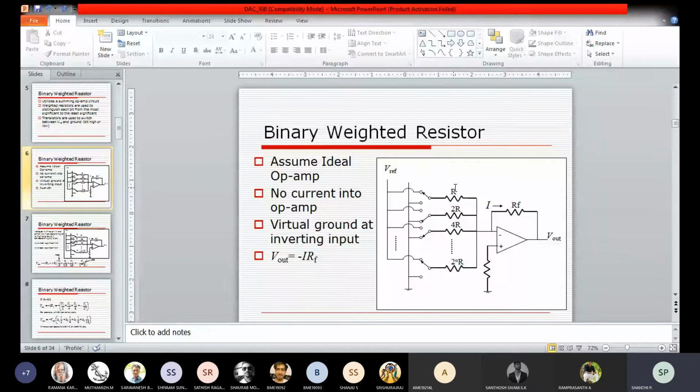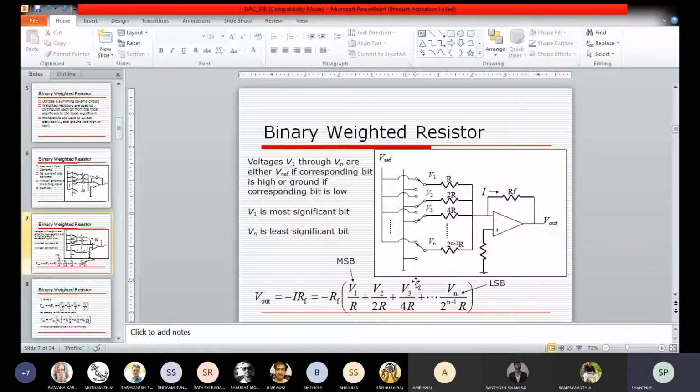Maybe 3 input signals means 3 resistors. Maybe 4 input signals, like 1001, means 4 binary values and 4 resistors connected. All the resistors are connected in parallel. The toggling switch may be connected to the reference, meaning it gets the 5 volt supply. Otherwise it touches 0, ground potential, meaning it gets a 0 value.